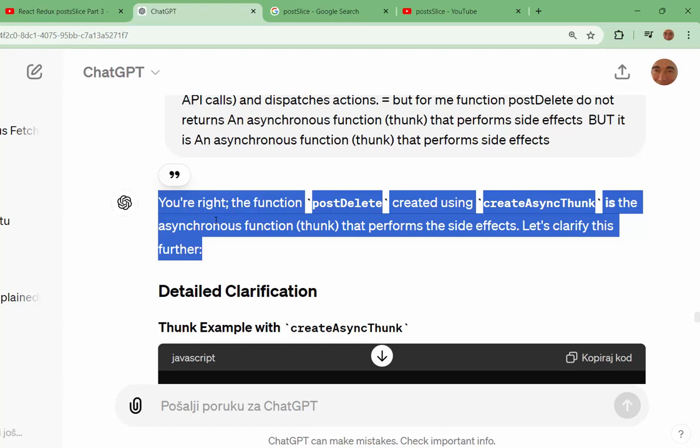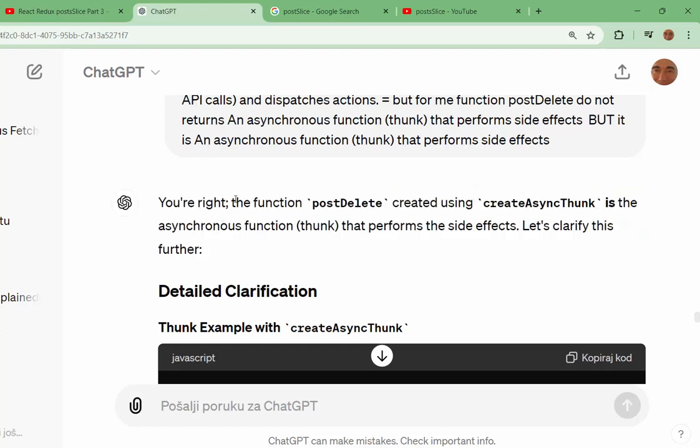And you're right, the function postDelete, created using createAsyncThunk, is the asynchronous function thunk. It is a thunk.